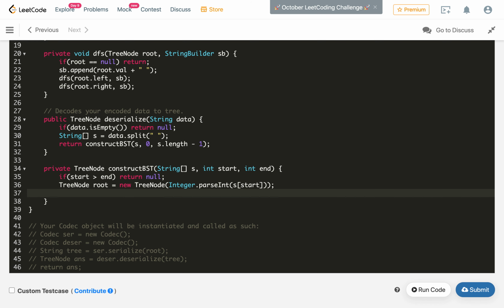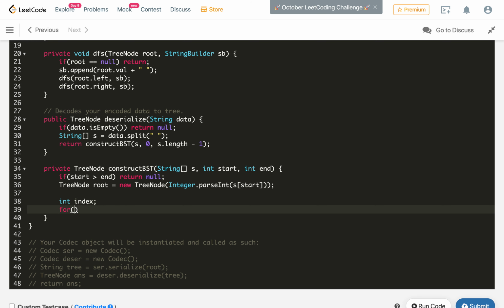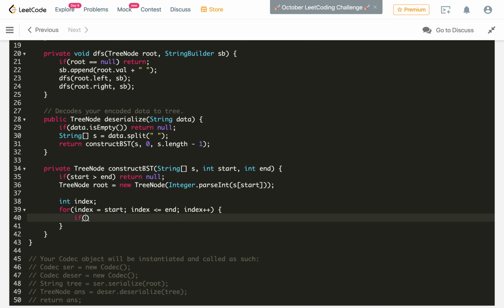Once we are done with that, we will look for the index where the left subtree ends after the root, meaning all the nodes of the left subtree, and the remaining are the right subtree. So int index, for index equals start plus 1, index less than or equal to end, and then index plus plus. Run this until we find the node which has a value greater than the root.